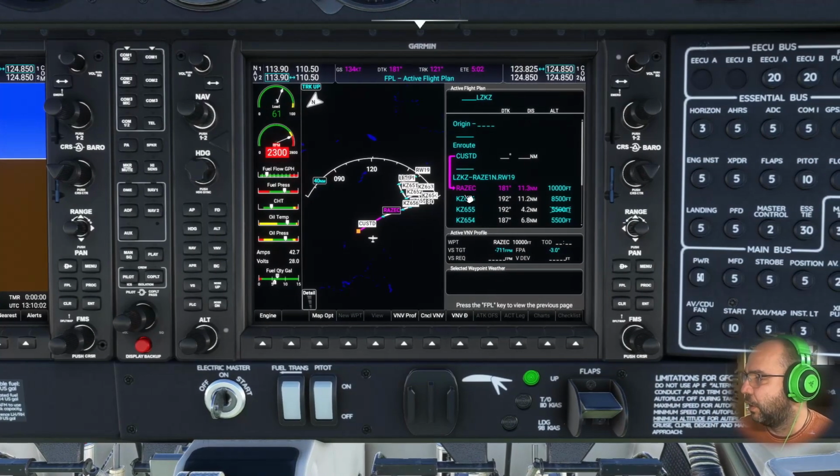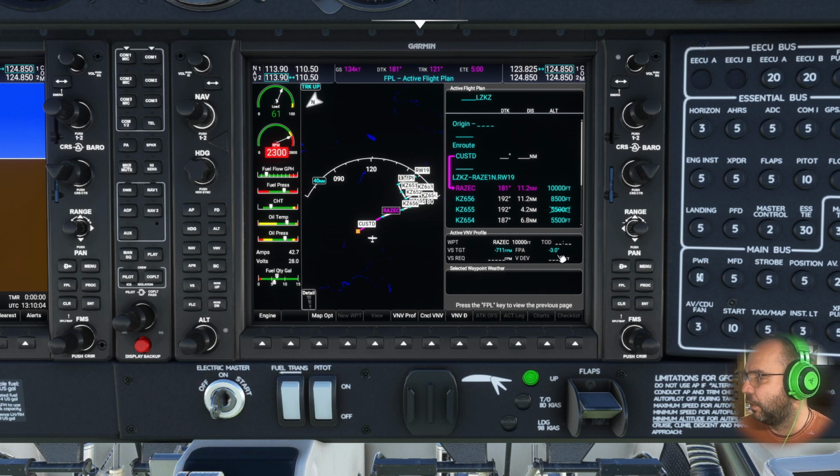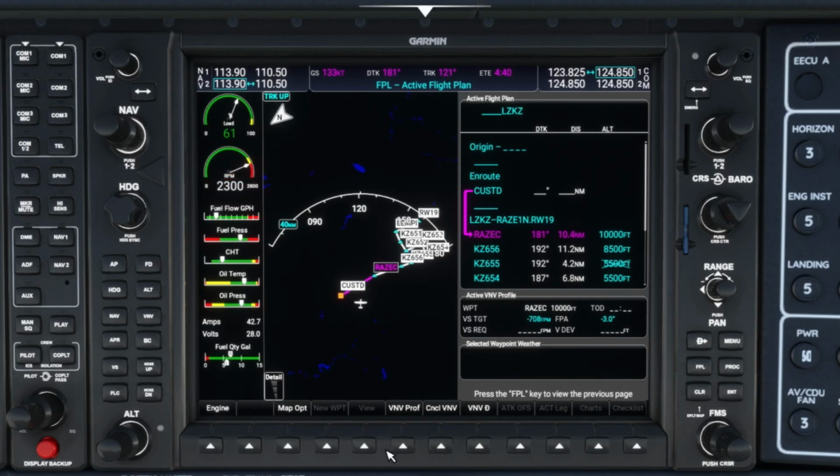What I want to do, I could use the 3-degree slope and then jump on each step and do the waterfall kind of dive and drive approach, but because I'm super lazy and I want to be really good to my passengers and have a really nice continuous descent without any changes, and I don't want to monitor the throttle and keep adding power, removing power, what I can do is click here on VNV profile, change it to something